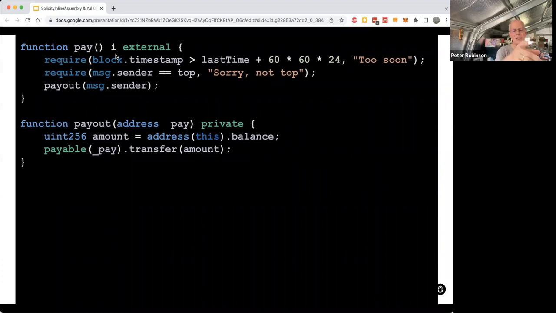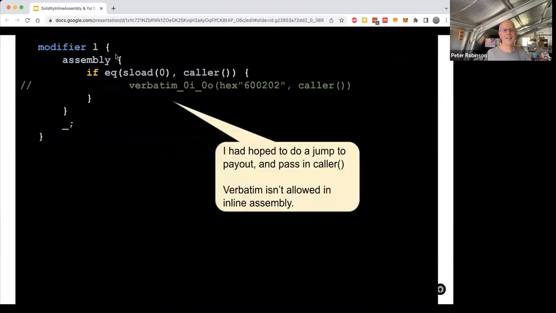Okay, all right, that's a modifier. Your modifiers don't have to be explanatory or helpfully named. They can be just one letter, and I'm sure people would probably try and find the smallest letter possible. So imagine that this was the modifier, and my grand plan had been to use verbatim directly in the inline assembler,